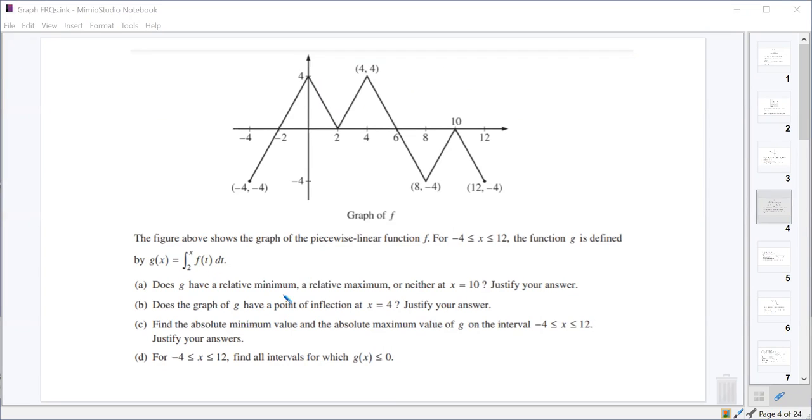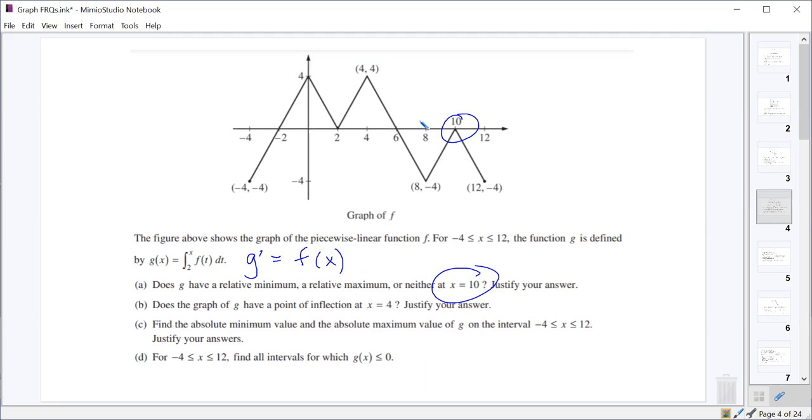So to figure out if g has a min or a max or neither, we need to take the derivative of g. g prime is equal to f of x. And so we're looking at 10, what does f of x equal? And at 10, f of x is equal to 0, which means that we could have a max or a min,